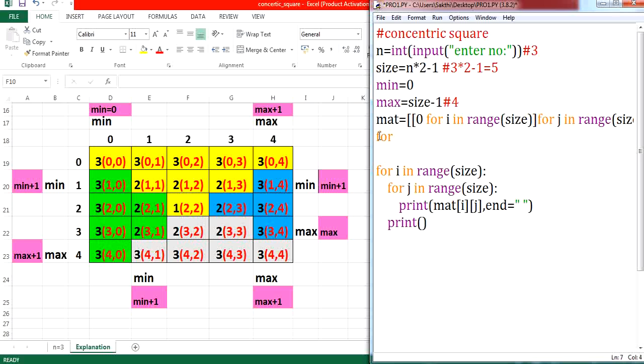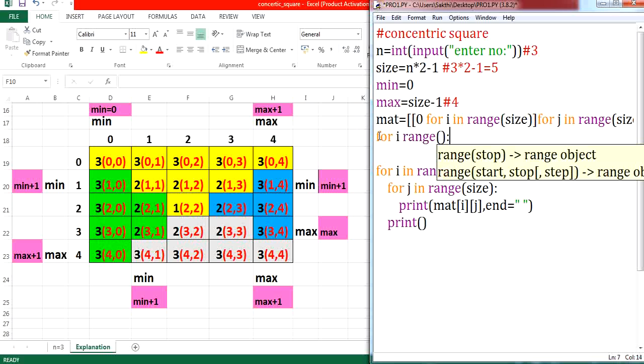I want this particular pattern to be printed. For printing this pattern, we should identify how many iterations are required. As we know, for printing my outermost 3, 1 iteration is required, and for the inner 2, another iteration, and for the innermost 1, I need a 3rd iteration. If you want to print this particular pattern for the given value 3, 3 iterations are required. If the given number is 4, how many iterations are required? 4 iterations. So your i value depends upon your n value. So I have given my range as n.